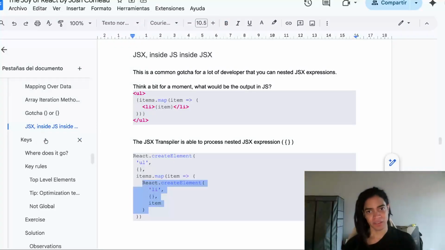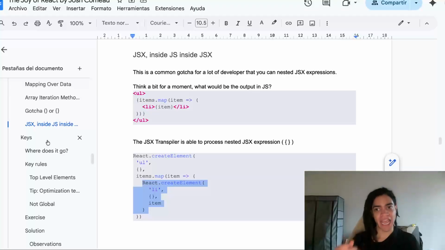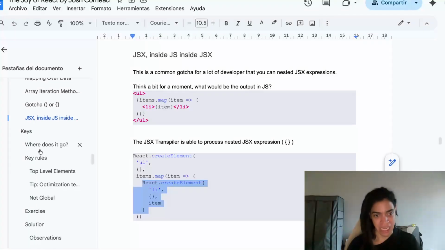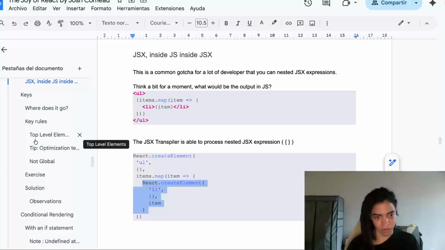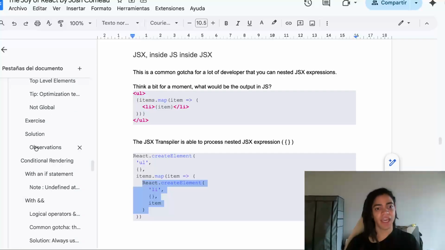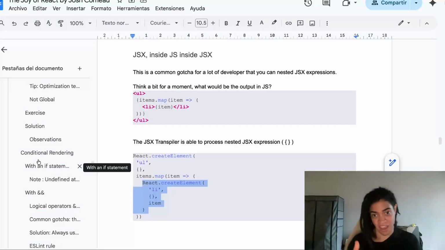So with this understanding, and also how you can tell React that these are unique values by putting the key when you iterate on some of those elements, and also how you can conditionally render elements here, whether it's using the if statement for early returns, this is useful for error handling, or the